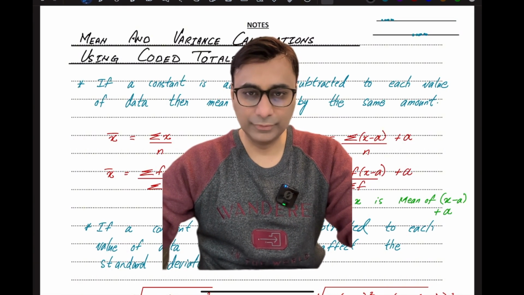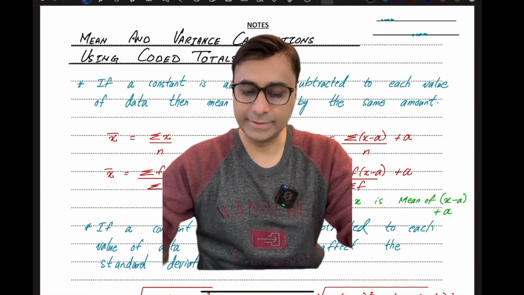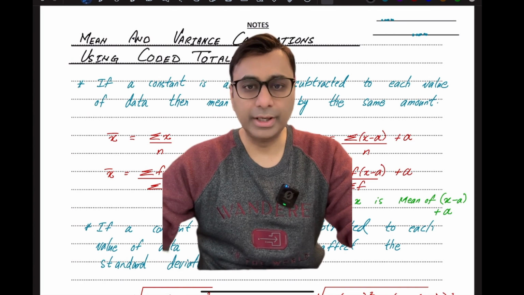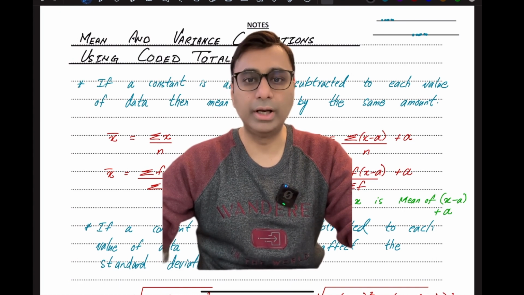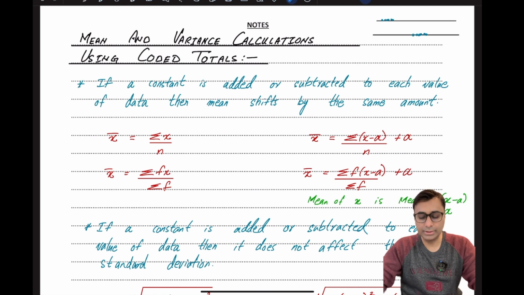My name is Arsalan Farrukh and I teach math and physics. In this video, I will discuss the topic of S1, which is calculating mean and variance of data by using coded information. Now, before I move on with the idea, one thing that you must acknowledge is that if,